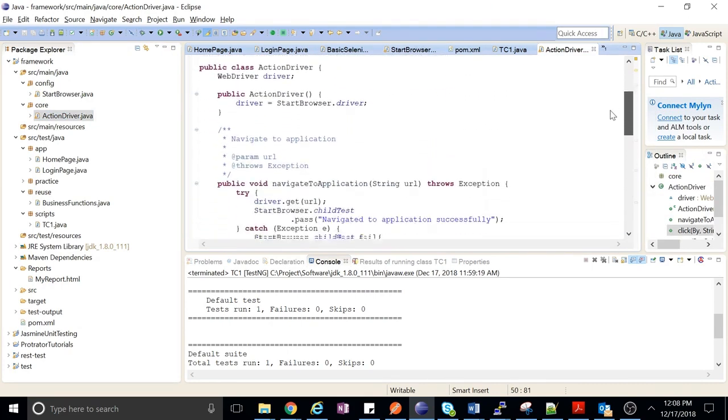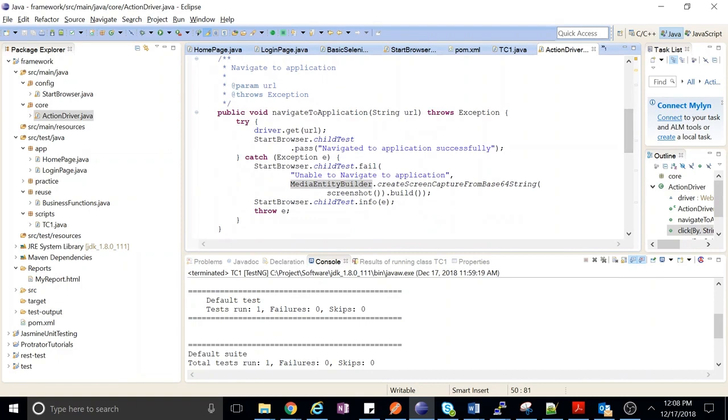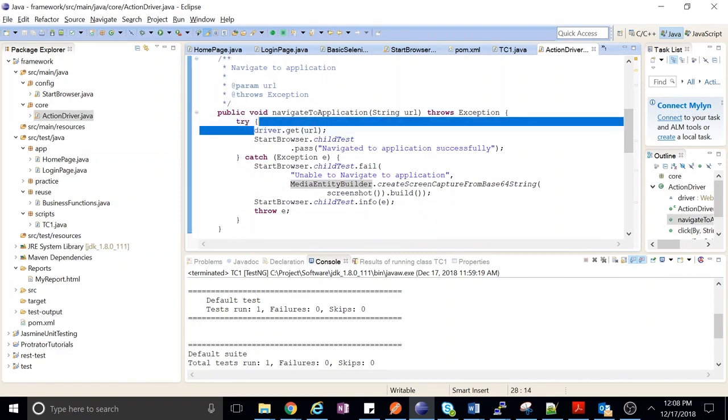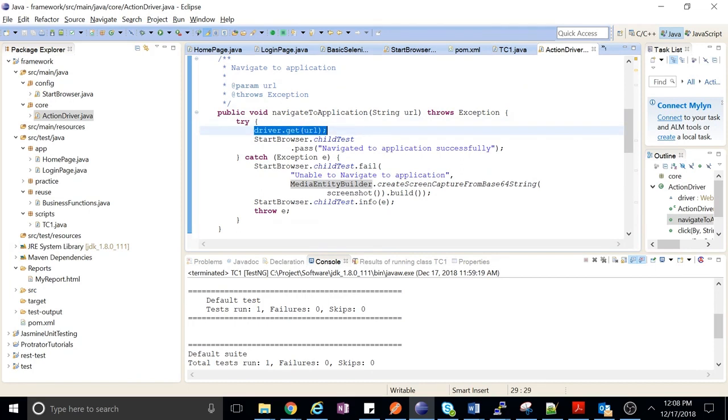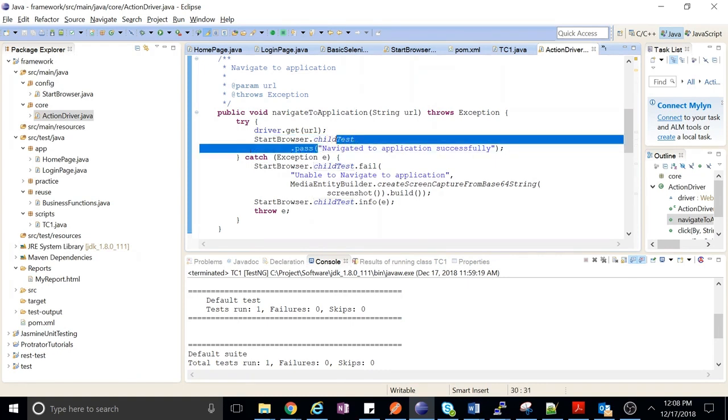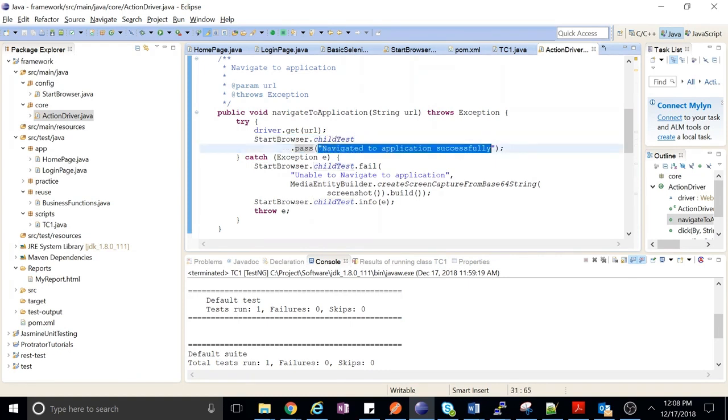So this is our first method. We are putting our whole code in a try-catch block. We are getting a driver. Now we start with child test with ExtentReport, and if it passes, what we have to print in the report is "navigated successfully." If it fails, we put child.test.fail, "unable to navigate the application," and now we are